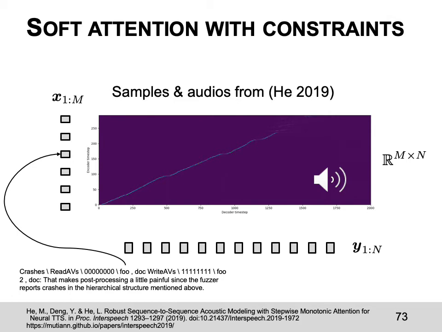Crashes /readofs /000000000 /foo. Doc rightiefs /111111111 /foo2. Doc that makes post-processing a little painful. Since the fuzzer reports verves of ziverkoftu roveras